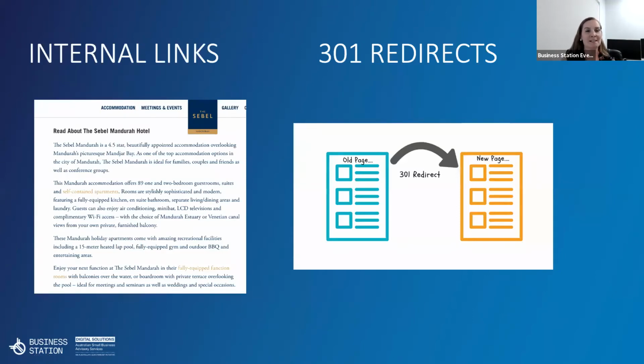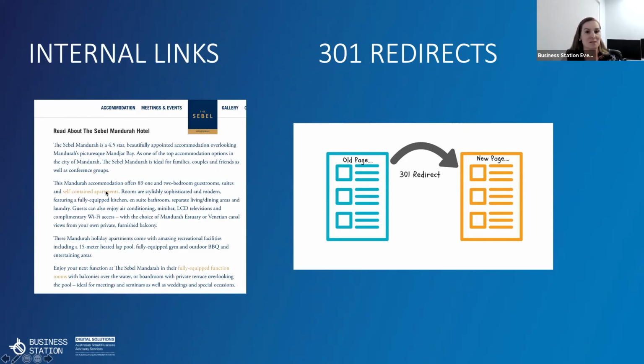Your internal links and your 301 redirects are what you see here. On the left-hand side, you've got your internal links. Now you can see on this page that the writing is blue, and then when you get down to terms like self-contained apartments, fully equipped function rooms, they are a different color. They are actually internal links.